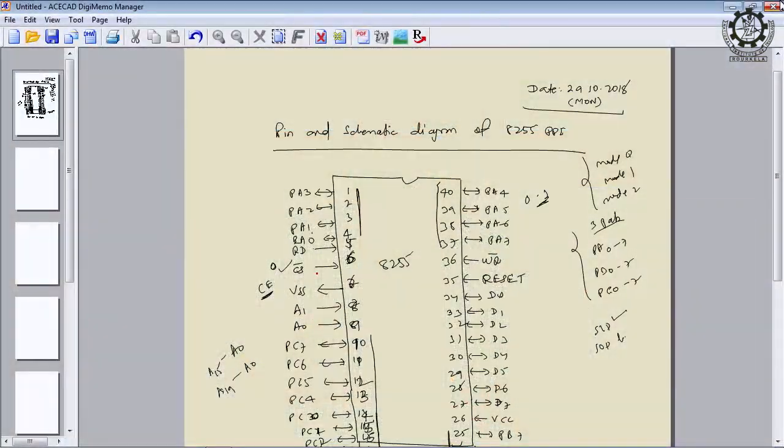But before interfacing, first of all we have to select the IC, then you have to select the port, then you have to select the mode of data transfer. These are the 3 steps we have to carry out. First you have to enable that IC, then you select a particular port based upon the control word, that we will see how control word is used to select a particular port from this, and once that port is selected, then you can successfully transfer the data.